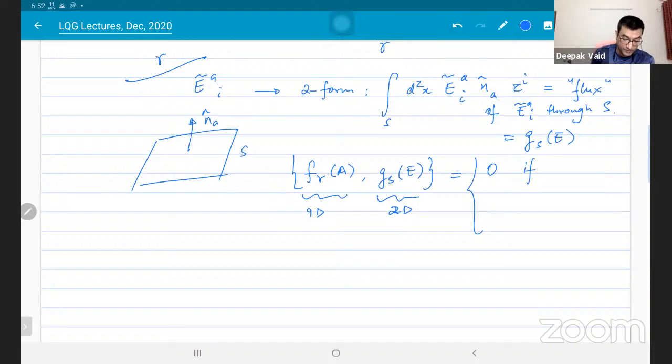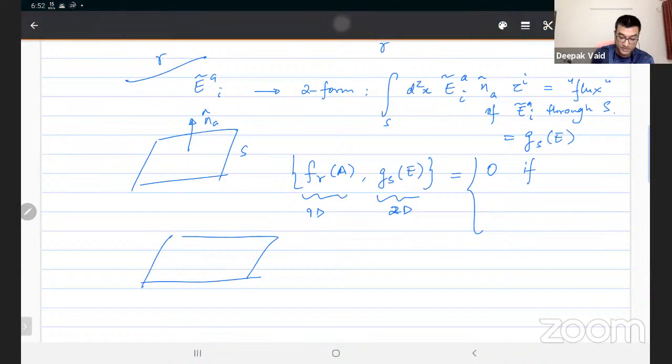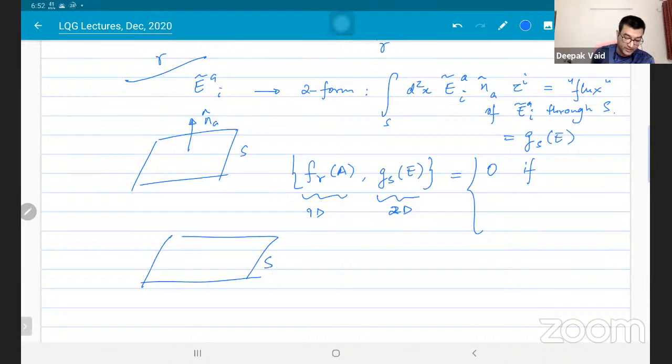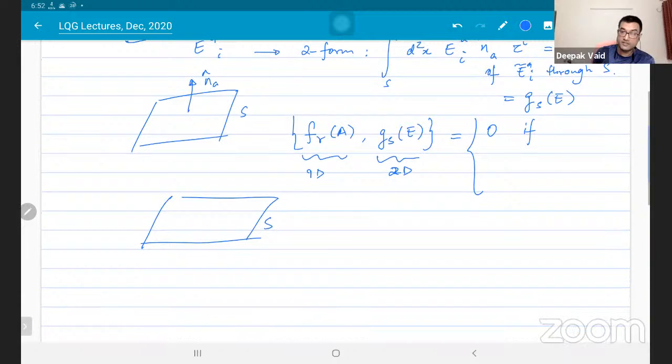If you have some surface S, right, with respect to which this G is defined, and then you have some path gamma on which A is defined. Now, unless there is some intersection between gamma and S, unless you have some intersection between these two, your commutator will be zero,